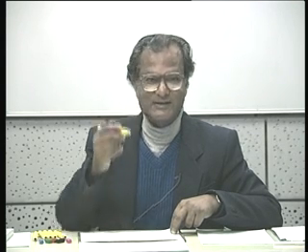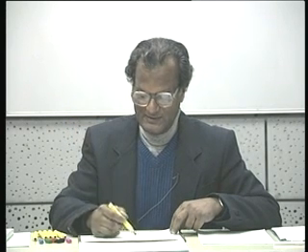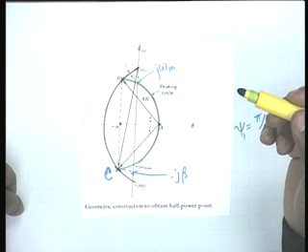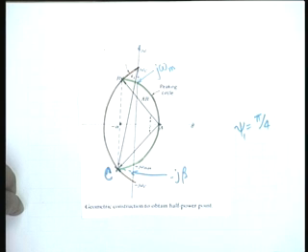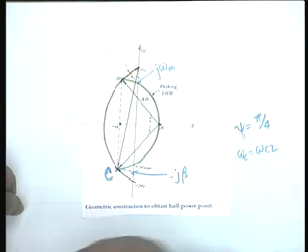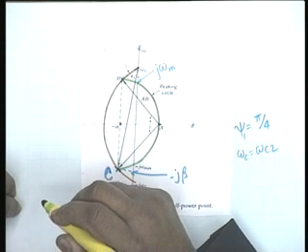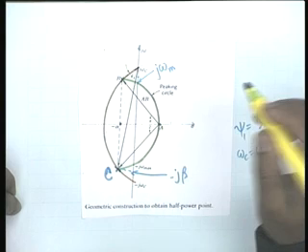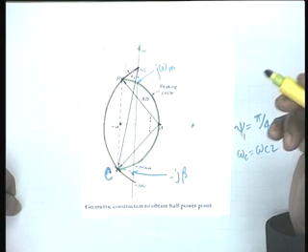Unfortunately this omega c, is it the lower half power point or the upper half power point? Upper one, obviously, because it is greater than omega m, it is on the right side, and therefore omega c gives you omega c 2. The question now is how to find the lower half power point, omega c 1.